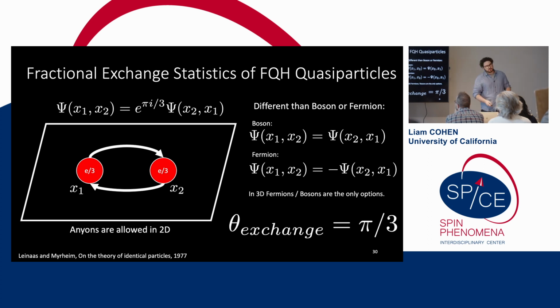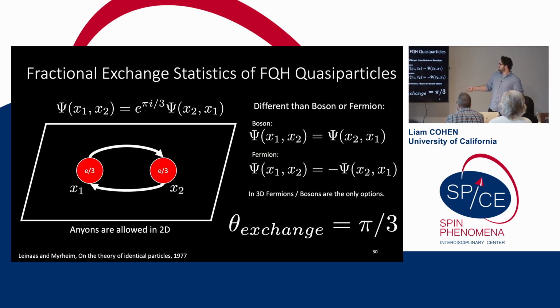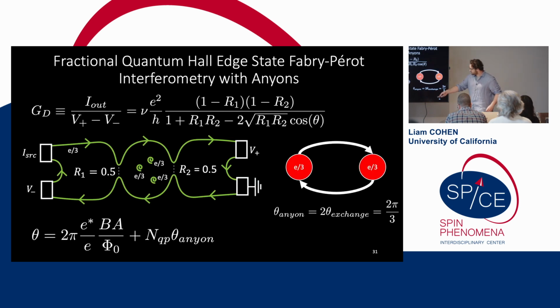But there's an additional contribution you can get in the fractional quantum Hall effect, which is this fractional exchange statistics. As I mentioned before, you get these localized quasi-particles in the bulk of your fractional quantum Hall system. Nature kind of gave us a very natural way to do this experiment: in order to enact this particle exchange, where I can get a phase on the many-body wave function due to two anyons exchanging with each other, I get that sort of for free,